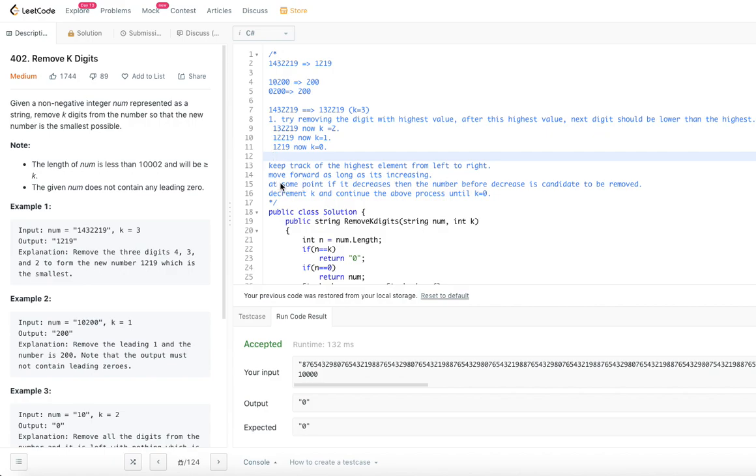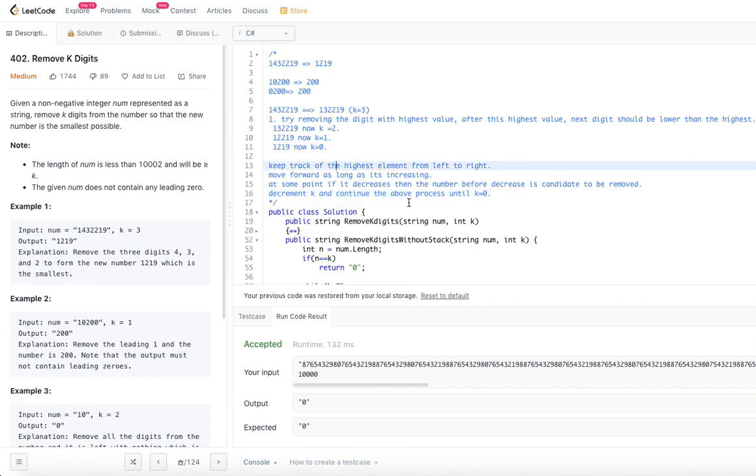I have written down the steps. Keep track of the highest element from left to right, always starting from the 0th index. Move forward as long as it is increasing. At some point if it decreases, then the number before the decrease is the candidate to be removed. We remove that, decrement k, and continue the above process until k becomes 0.